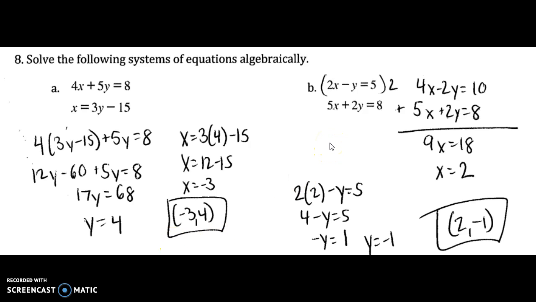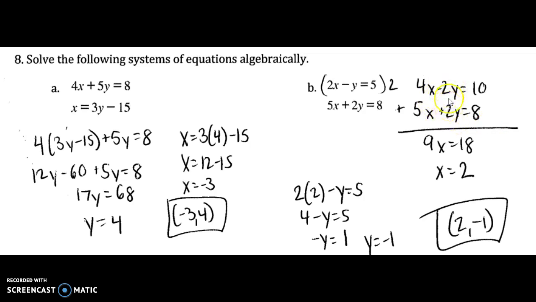Letter B, I chose to use elimination. So with elimination, you want to get opposites for your x's or your y's. So I decided to multiply my whole top equation by 2. And so it was 2x times 2 gave us 4x, negative y times 2 is negative 2y, and 5 times 2 is 10. The reason I did that is because now I can add my two equations together,